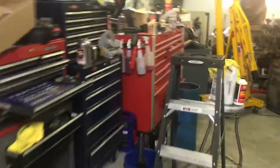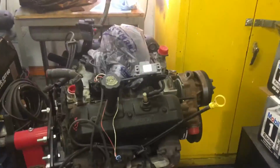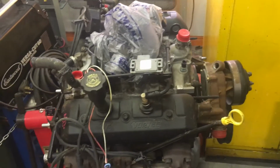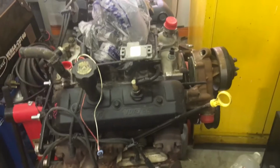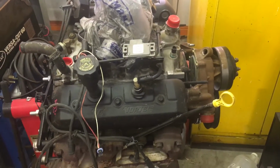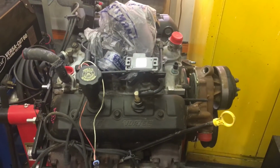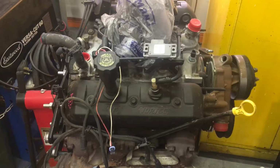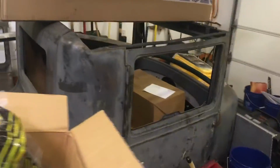I can show you, we can go through the shop here a little bit. It's actually pretty clean right now, but this little 4.3, I've got an S10 that is waiting on the side of my house to get this installed. It's a personal vehicle. It's going to be my winter car. Needs an engine. Little S10 pickup truck. So I've got that lined up. I've got other projects lined up. This poor guy here, my little '27 Essex,